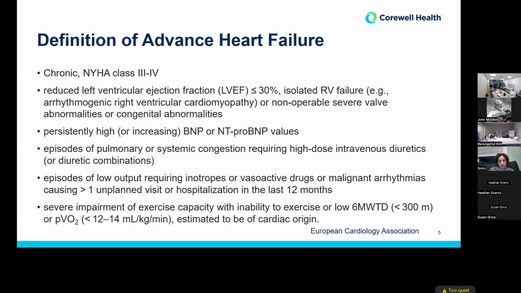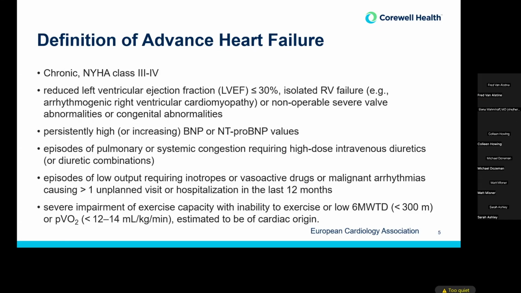So when we talk about advanced heart failure, and it's in advanced heart failure that we have evidence for the benefit of palliative care, we define that, according to the European Cardiology Association, as a chronic state of heart failure, New York Heart Association class 3 and 4. We're going to talk about the classifications in just a minute here, where we have reduced LVEF of less than 30%, or even isolated right-sided, right ventricular failure. Your left ventricle does not have to have an EF of less than 30% if you have isolated right-heart failure,